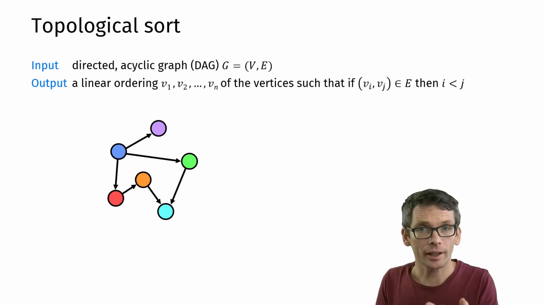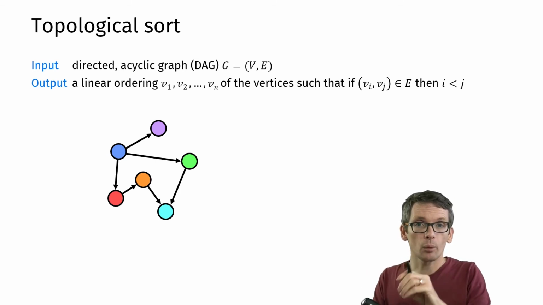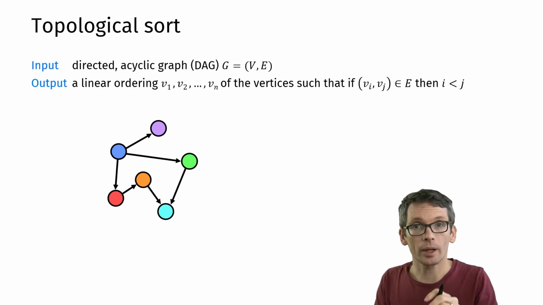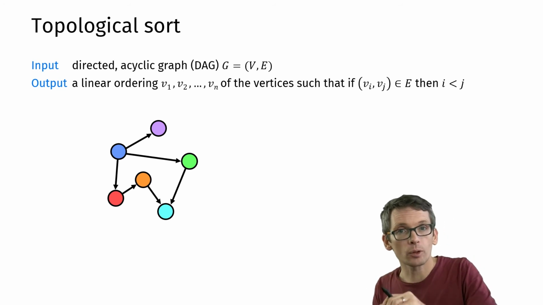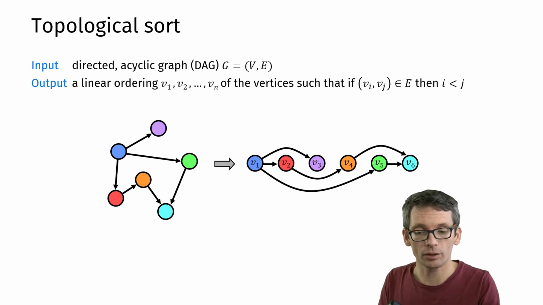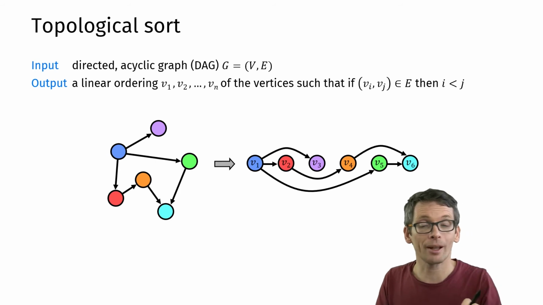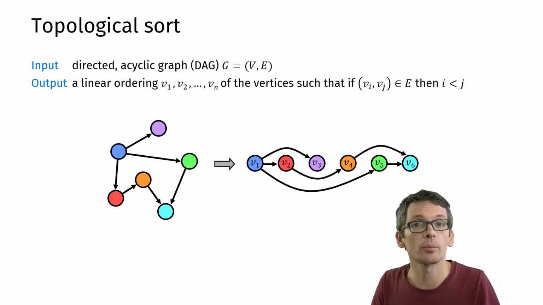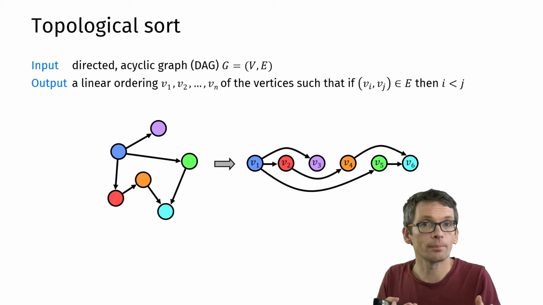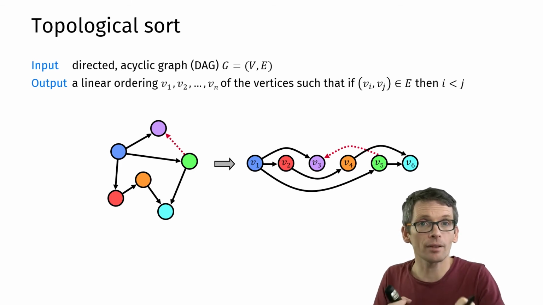So here we have a directed acyclic graph. Now we want to label the vertices v1 to v6 in this case in such a way that edges go from smaller index to larger index. So if I lay out the vertices in this order from left to right, so v1, v2, v3, v4, v5, v6, then the edges should also all go from left to right, and that is indeed the case. So this would be topologically sorted. In contrast, if I would additionally have this edge here, then this would no longer be correct. I could still repair this, but that ordering here is not a correct order.